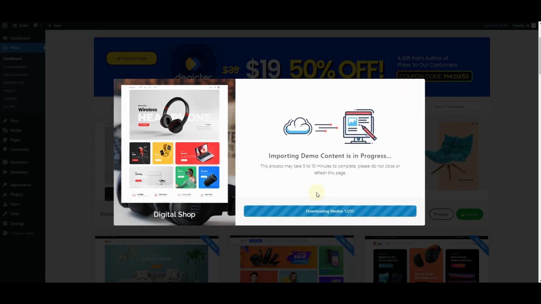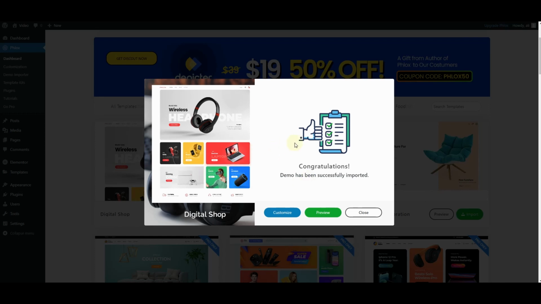So right here you can see that it has already started importing the website on our WordPress dashboard. So we'll again have to wait. It will be done in a few minutes, so we'll just have to wait until it gets completed. Alright, so here you can see that our demo is successfully imported, and now we can click on this preview